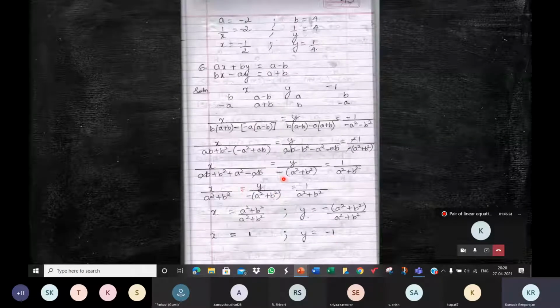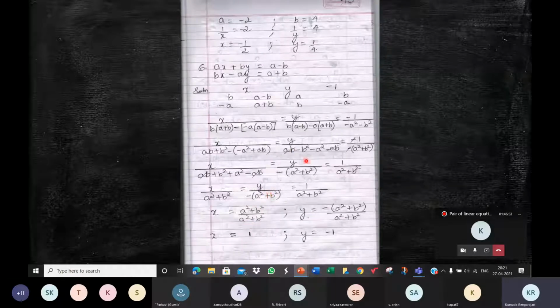So having done it like this, I'll explain this method. I have taken out a minus here, so I have A square plus B square in the bracket. So this is what it is finally. Now we equate this with this to find the value of x. So you can see it here. Equating these two, x is equal to A square plus B square by A square plus B square. So they get cancelled and x is 1.